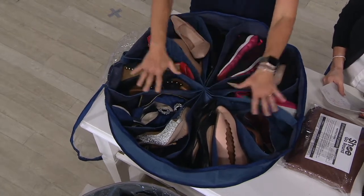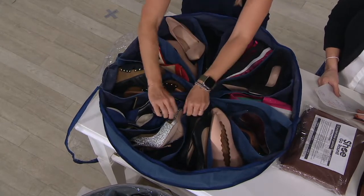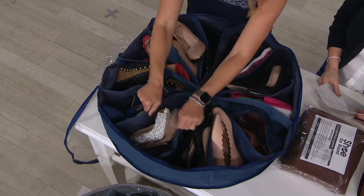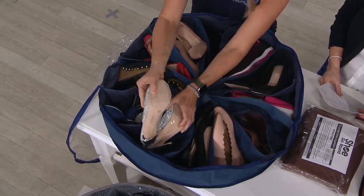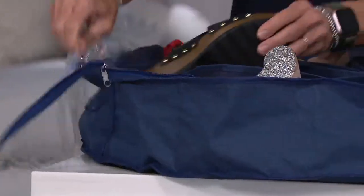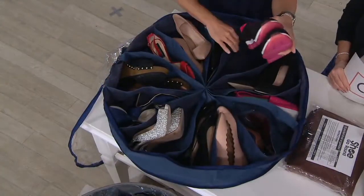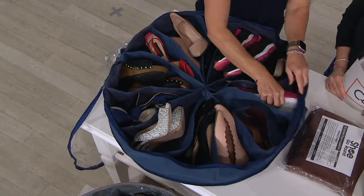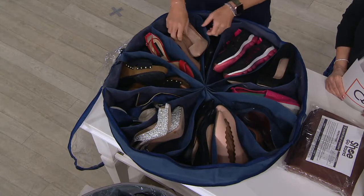So you can see it has a pinwheel design, or it's like a pizza. And so each little slice here fits a pair of shoes. And what I like about it is the sides are flexible. So if you have a larger pair of shoes or heels or thicker maybe clogs like these ones, those will fit, as well as athletic shoes, as well as your flats and your pumps and just every type of shoe imaginable. And now you're storing them, you're keeping them organized, you're protecting them because they're not getting scuffed like in